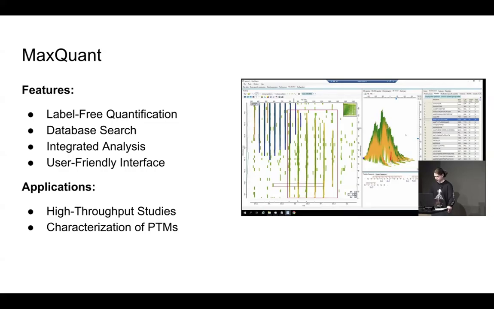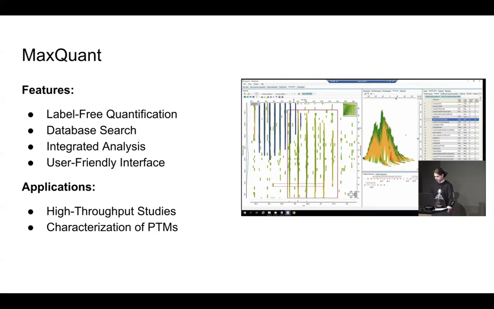to enhance accuracy. MaxQuant also offers integrated analysis tools for post-translational modifications, protein group identification, and statistical analysis of the results. And it's been described as having an easy to understand graphical user interface, making it accessible for users with varying levels of bioinformatics experience. So in terms of applications, MaxQuant is commonly used in large-scale proteomic studies where multiple samples